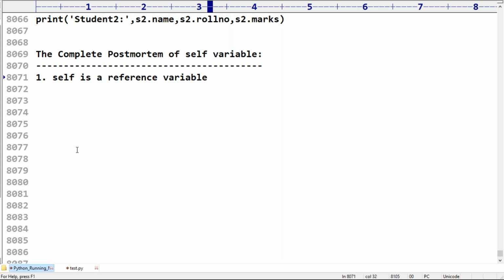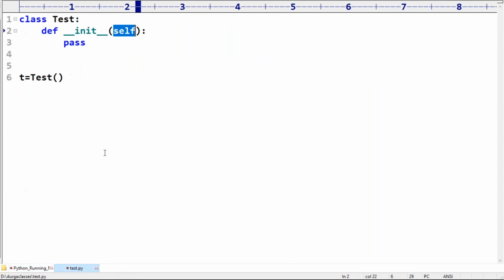So self is a reference variable which is always pointing to the current object. Remember this one.